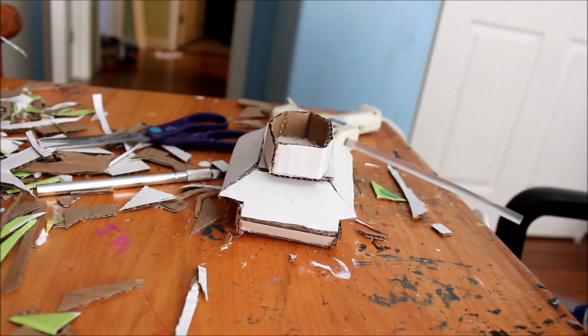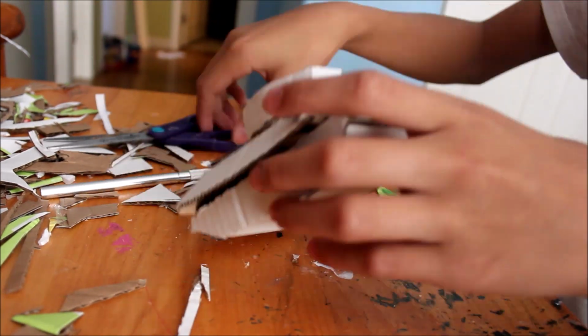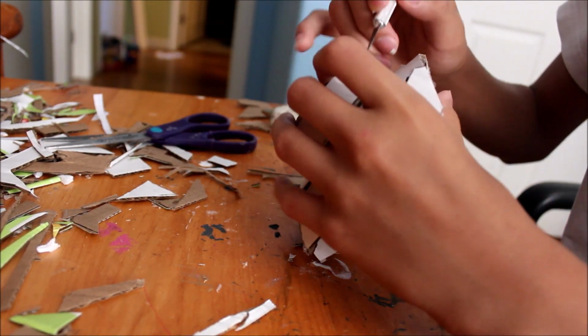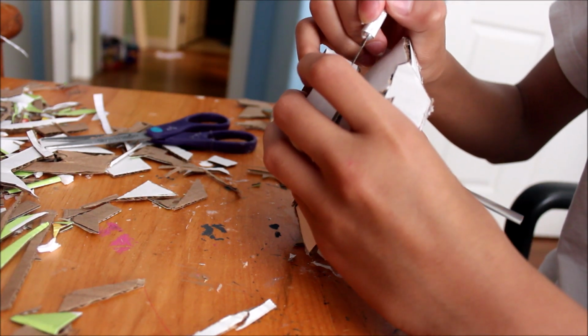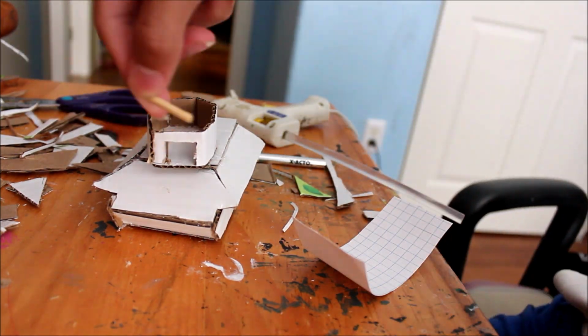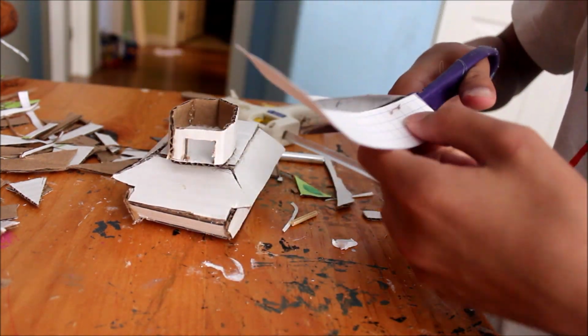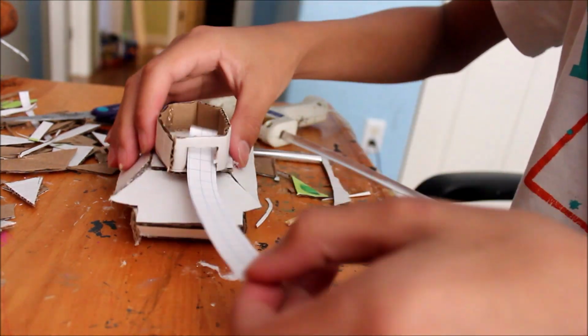Now it's time to make the gun mechanism. The gun mechanism is pretty easy and it works a lot like an axle on a wheel. To start off, I cut open this big hole in the front of the tank. Then I cut a cocktail stick the same width as the inside of the tank. After that, I get a long strip of paper the same width as the hole in the tank,